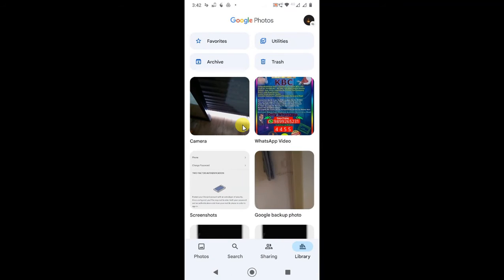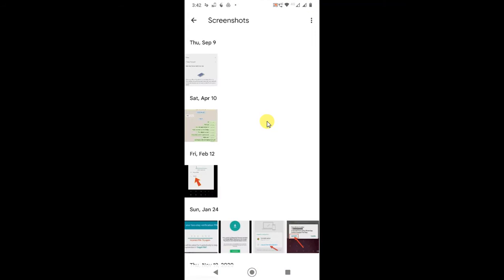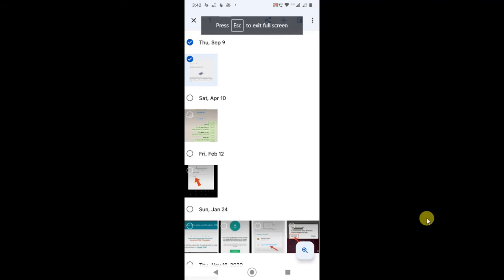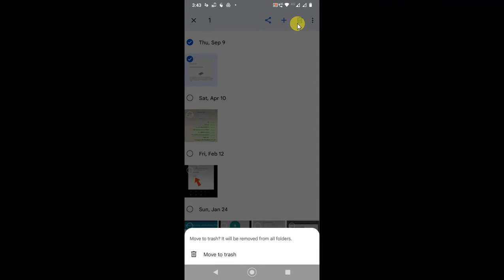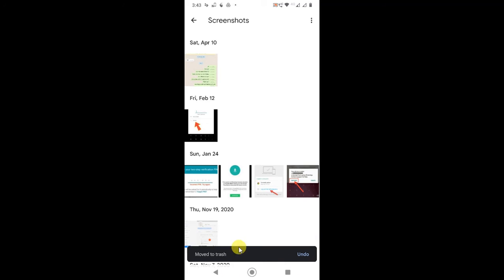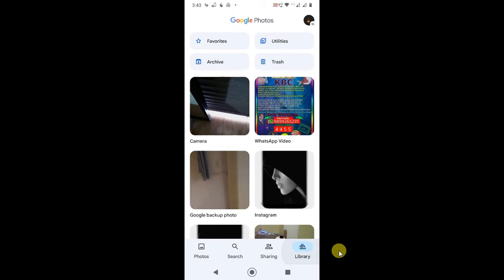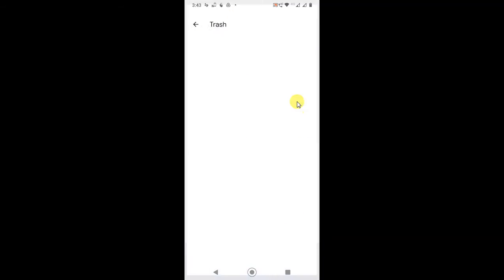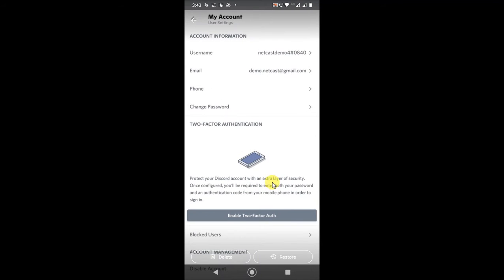I will show you by deleting one photo. If I delete this photo from here, it will move to Trash now. So let's go to the Library and click on Trash. You can see this photo has been moved here, and you can restore it from here.